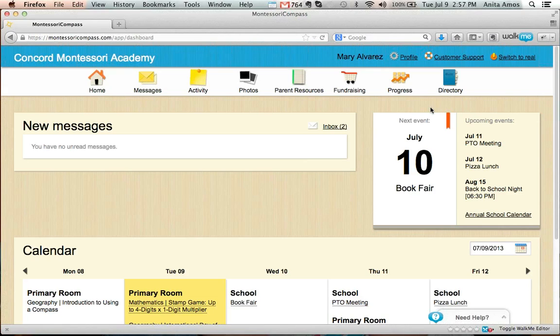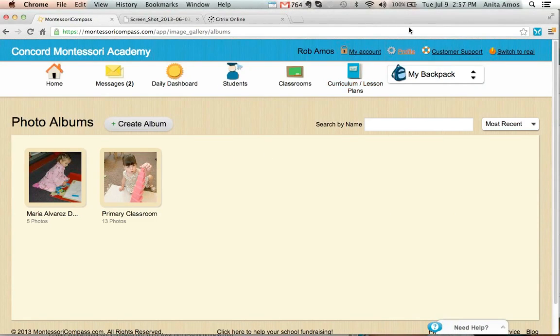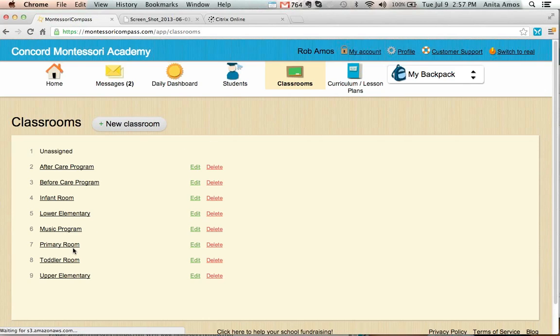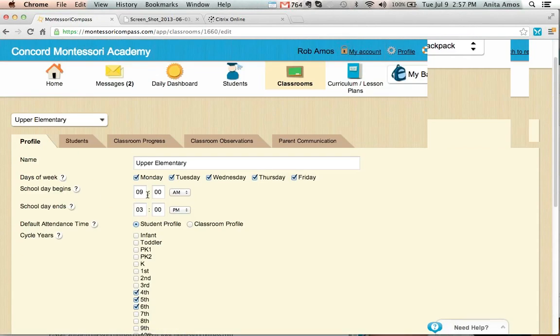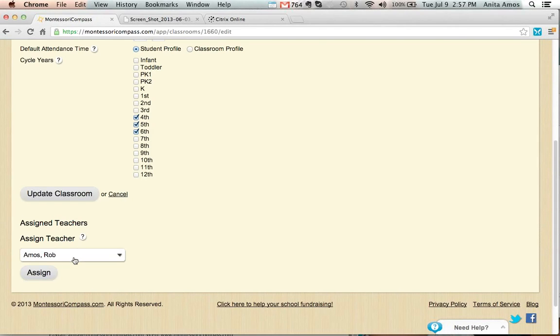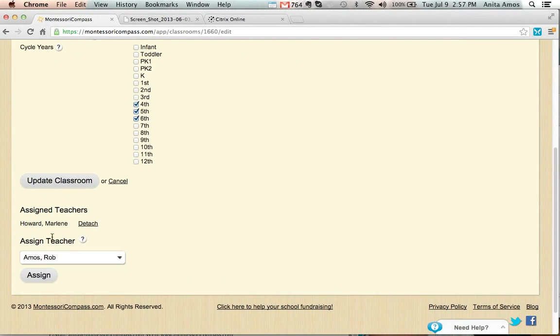What you'll want to do at the classroom level is to go back into the administrator side here, and go into classrooms. So I'll go into my upper elementary classroom. I click Edit Classroom Profile, and I don't have any teachers in here yet. So let's say that Marlene is the teacher in this classroom in upper L. But here's me.